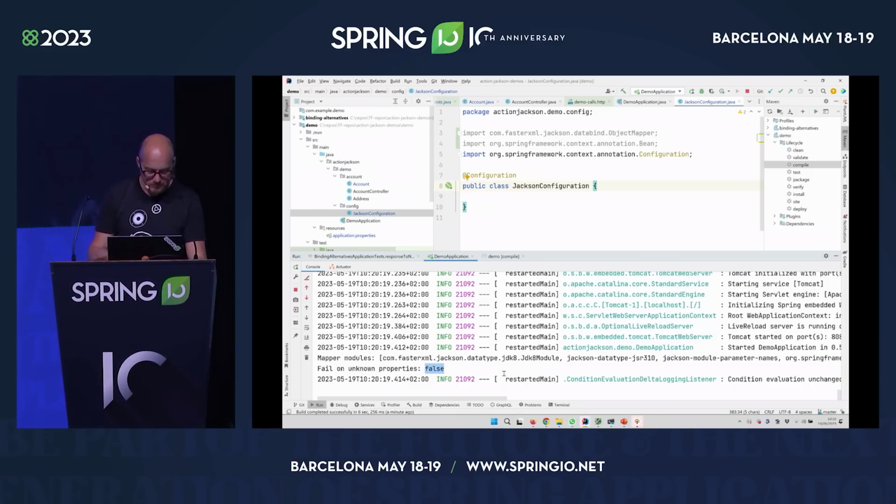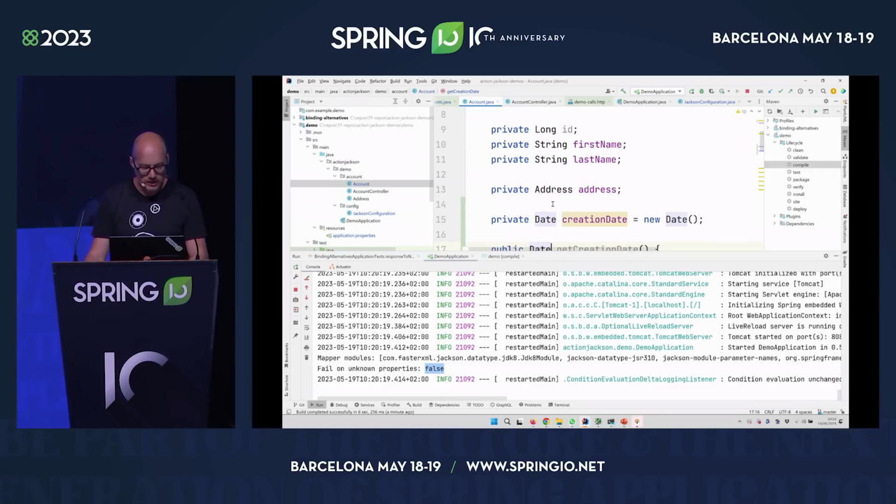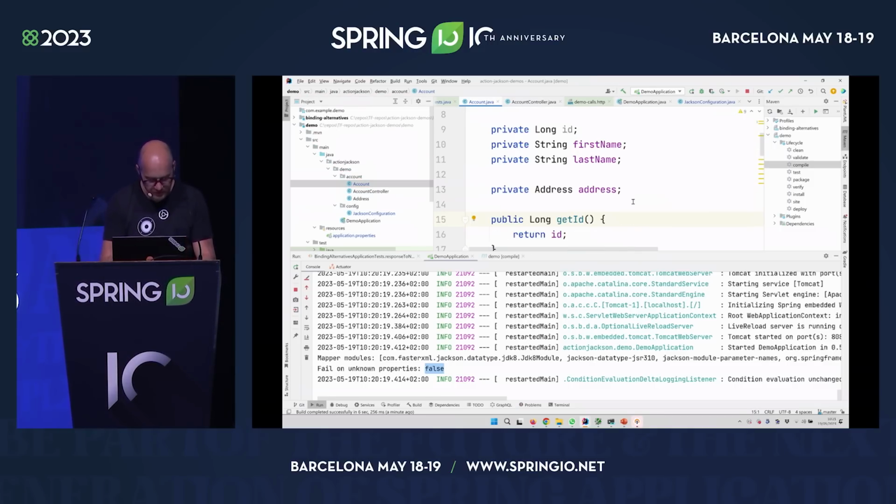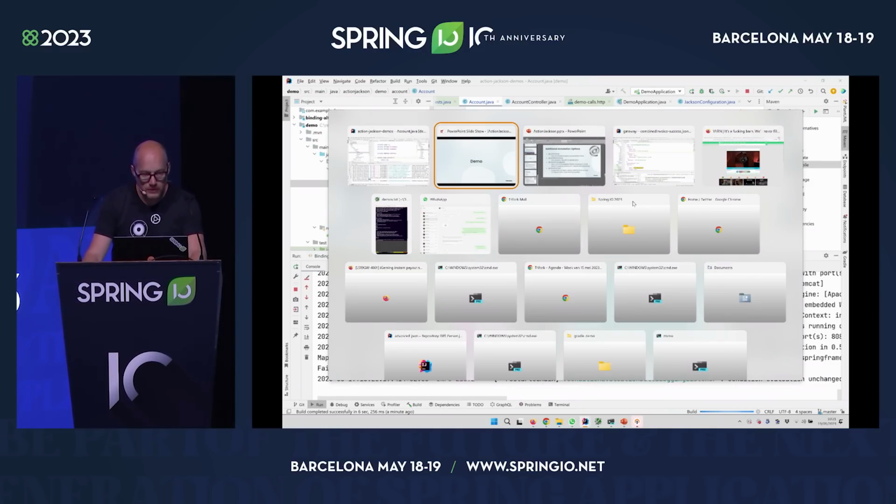I'm done actually with showing the date stuff, so I'm quickly going to just completely remove this, and then we'll move on with the presentation. So going back there,